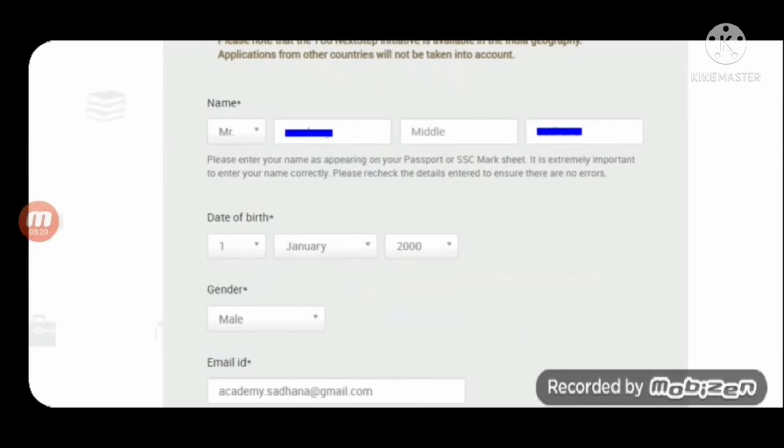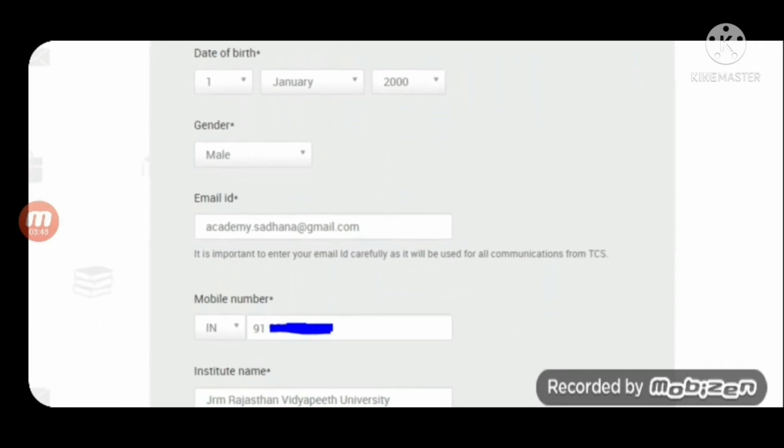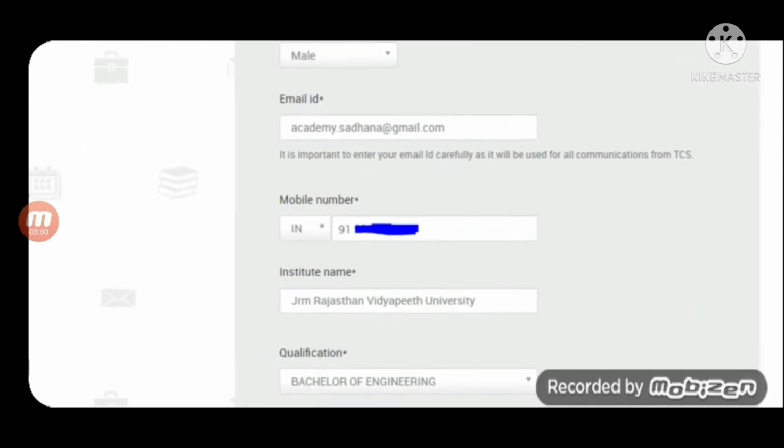Fill this. Many people ask, what is first name, what is middle name, what is last name? Here last name and first name are mandatory. Whatever you enter, whether you enter your surname first or your name in the first name, it's fine. There is no difference. Don't get confused. But what we suggest is to follow your SSC certificate or 10th certificate format. Then you enter your details.